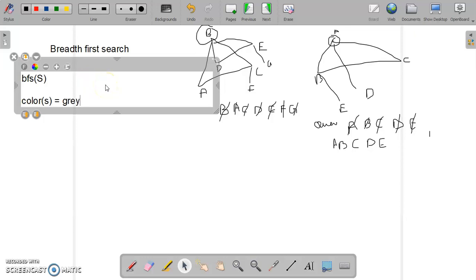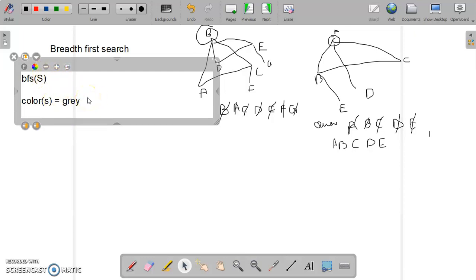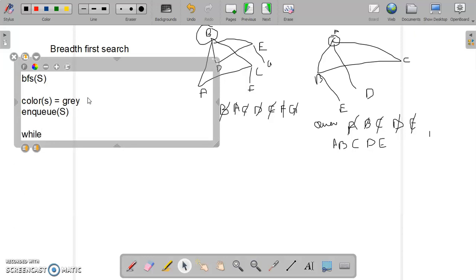In the initialization for the algorithm, we will define a color matrix where each node will have a color, and initially all the nodes are white. The moment they are added to the queue we make them gray, and the moment they are dequeued and all their children have been expanded, they will be marked as black. So initially whatever source node we receive, we mark it as gray and we put it on the queue. So enqueue S. Now the condition is while the queue